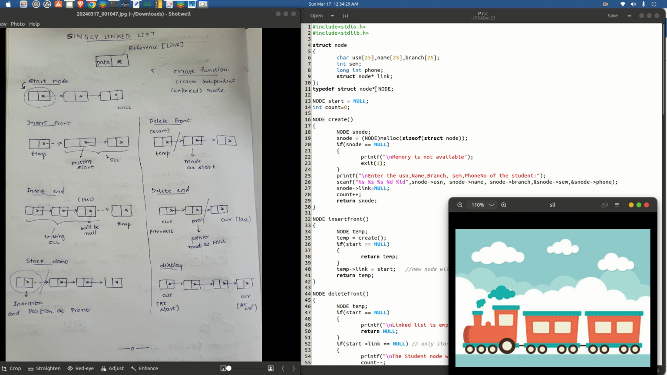Since struct node star is long to type and also to read the program, we are using typedef and we are creating a nickname, or we are calling it by the name node. So always have that in mind. So node start is basically a pointer of this data type, and we are initially initializing that to null. Int count is a global variable, as you would guess, used to keep the count of number of nodes or number of compartments, going back to the train image, number of nodes in the singly